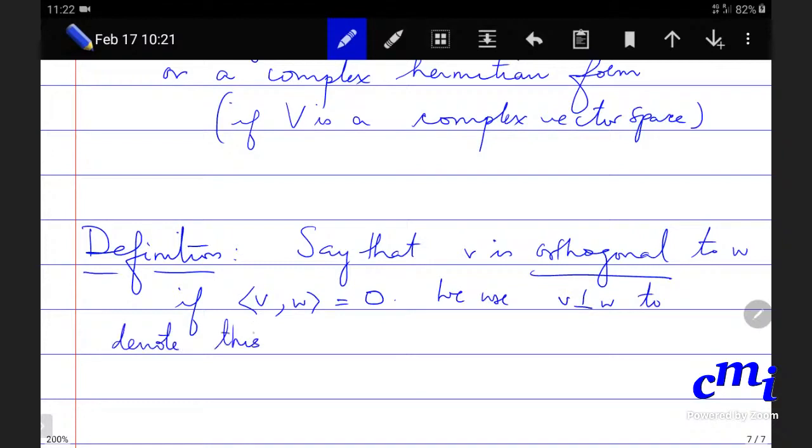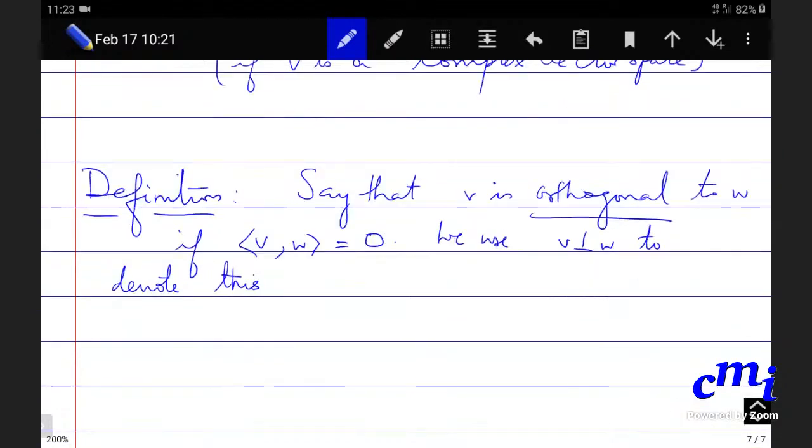So we have a symmetric, or Hermitian, bilinear form. Note that when we say V is orthogonal to W, there is an order: it is V and then W. But it is independent, is what we want to show. V is orthogonal to W if and only if W is orthogonal to V, since